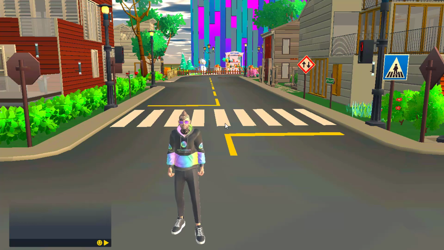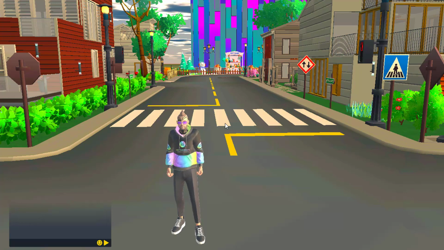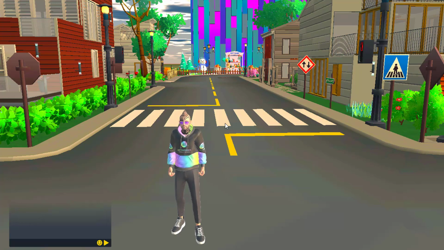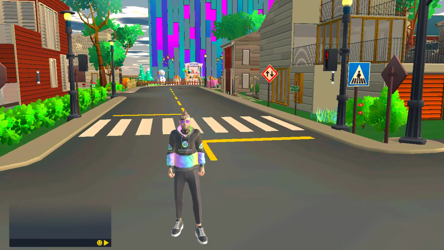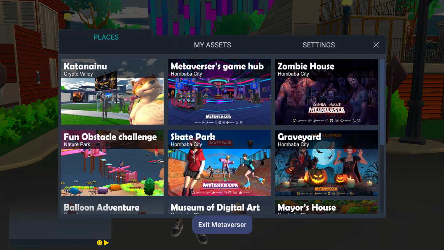Hi everyone, in this video I want to show you how to use the M-Builder tool to have your constructions in your own land. Let's imagine you have at least one land in Metaverse and you want to find the place of that land. For doing this, first you should click on the M on your keyboard to access the